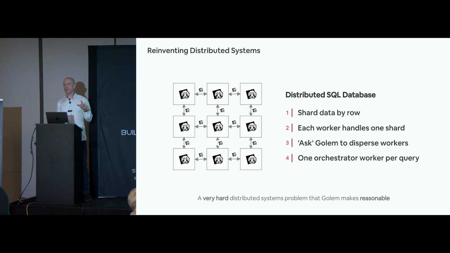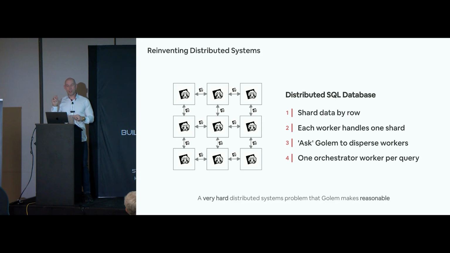We use one worker. First off, we shard all the data in the database. We shard it by row ID, for example. Maybe we shard by table, right? So we take our table and we chop it up into shards given by ranges of primary key. And we assign every shard to a worker. The worker runs forever. It can't fail. And all communication to that worker will be 100% reliable. So each worker handles one shard's worth of data.